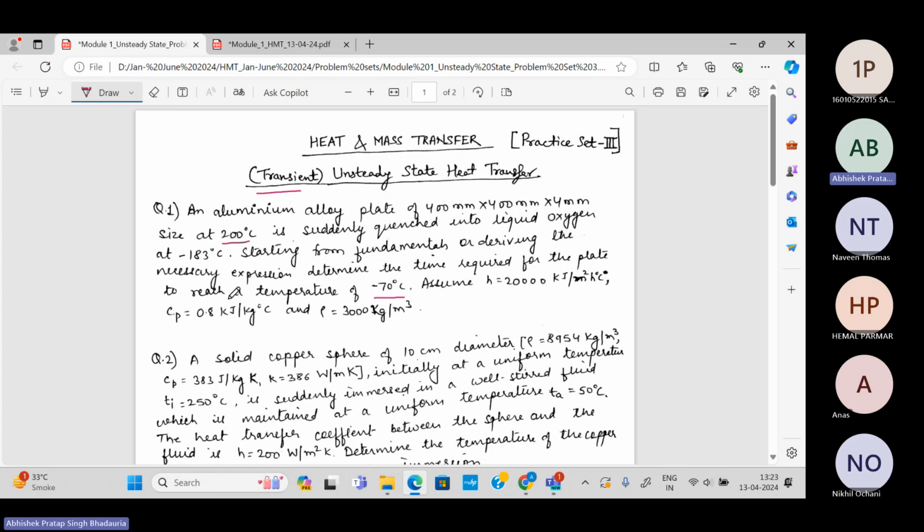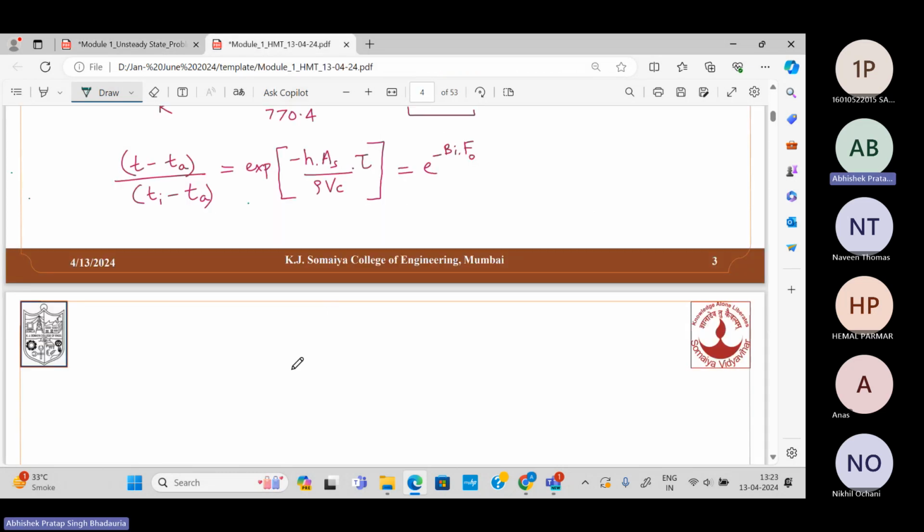Now determine the time required for the plate to reach a temperature of minus 70 degrees Celsius. That means the T value is minus 70 degrees Celsius. Fine. So we have T, Ti, and Ta. Let's put the values. So T is minus 70 minus Ta, Ta is minus 183, divided by Ti is 200 minus Ta is minus 183,